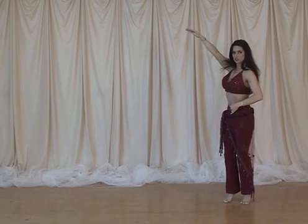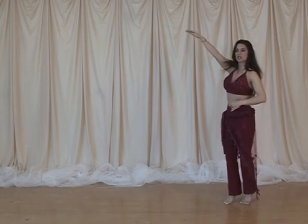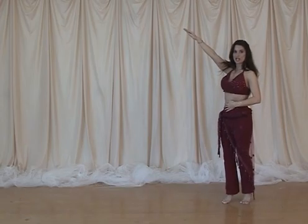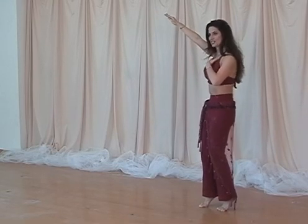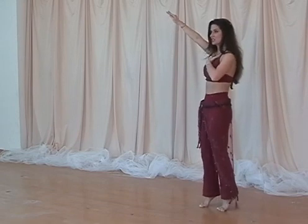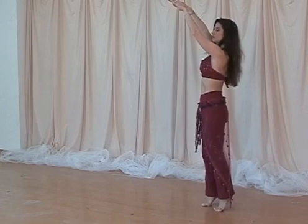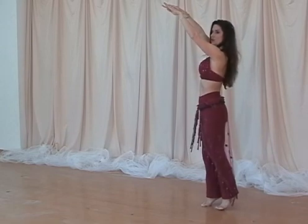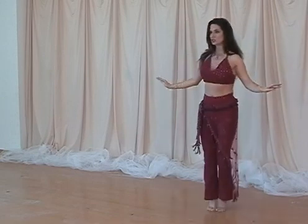And I'm just going to pull in on the lower abdominals and tuck my pelvis underneath me in a sharp way. This is used as an accent. Remember to keep a lift in your chest so you don't drop the chest. It's a natural tendency to drop the chest as you tuck the pelvis, so keep the lift in the chest, arms in front, and the accent is 1, 2, 3, choo choo choo choo choo choo,